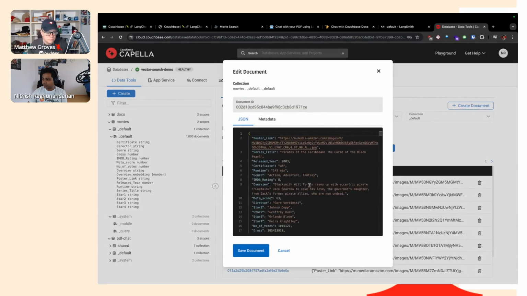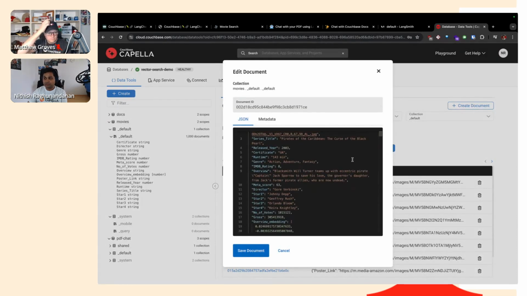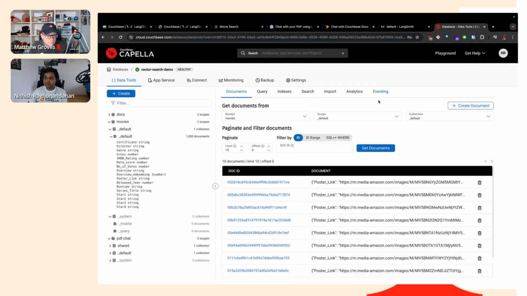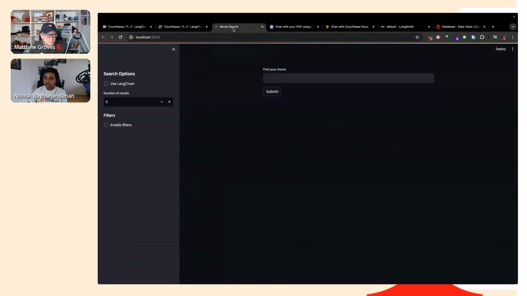For example, here you have a movie, Pirates of the Caribbean, and it has an overview which is a short summary of the movie. And what we are trying to do is just do a search based on this using a pure vector search. I've built a small demo here using Streamlit.